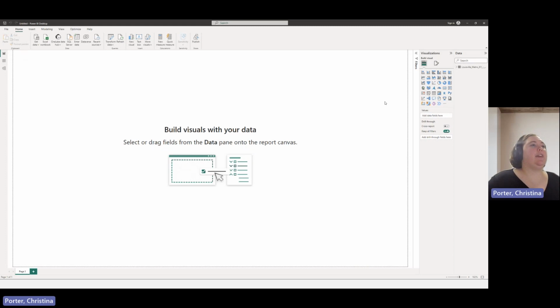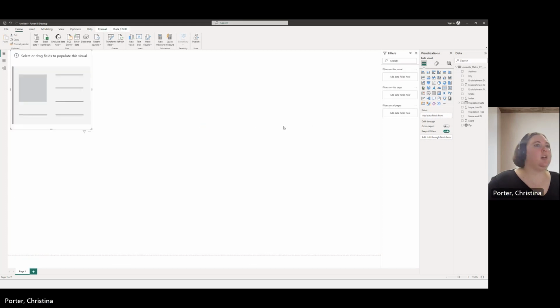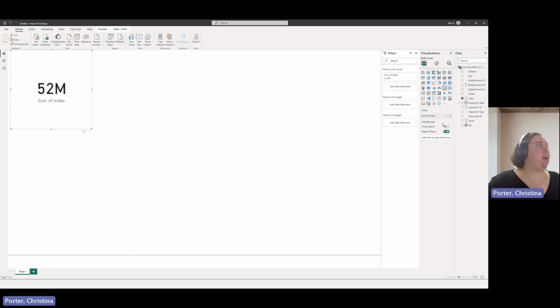I'm going to go ahead and put a few examples on here. So we have all of our values here on the right-hand side. I'm going to go ahead and put a card that tells me how many unique inspections that we have. The best way to do this is by using the index. It's going to automatically pop up with the sum. If you don't want it to pop up with anything, you can go ahead